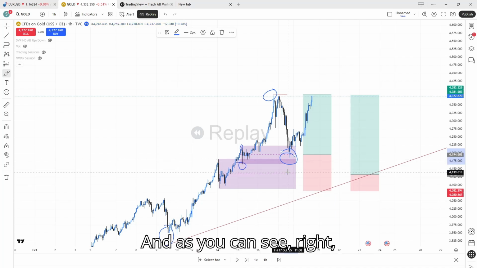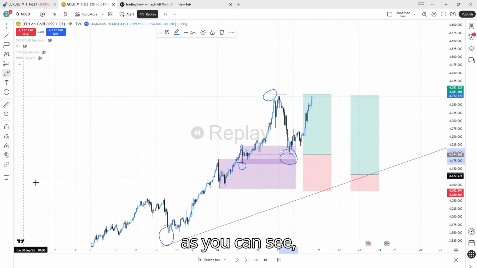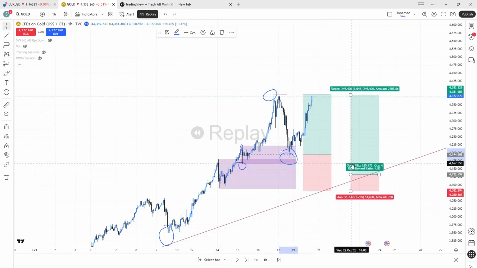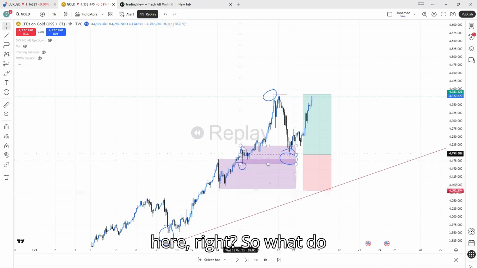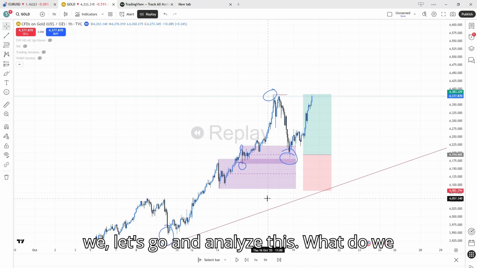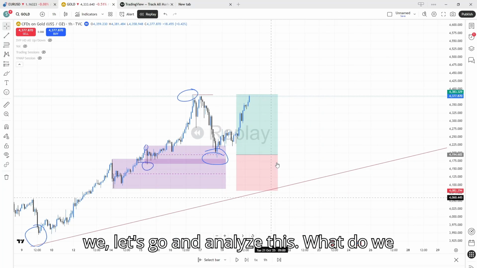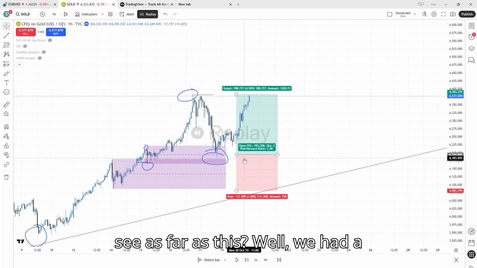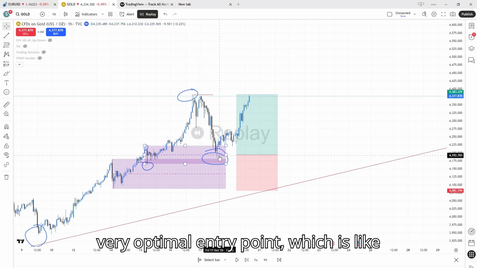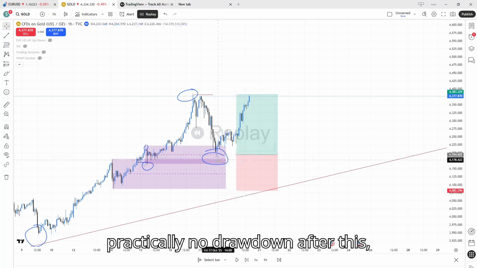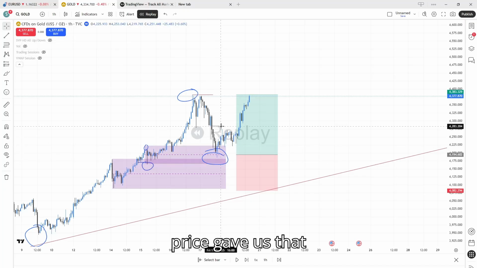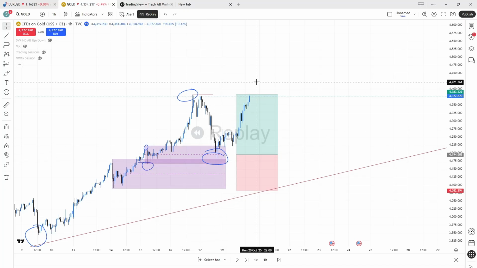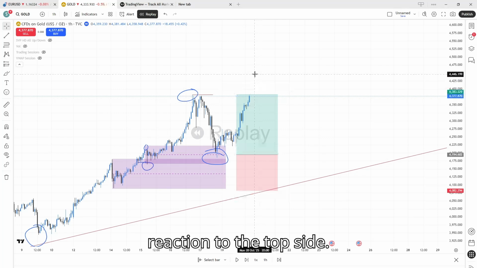And as you can see, right? As you can see, price did not go all the way down here, right? So let's go and analyze this. What do we see as far as this? Well, we had a very optimal entry point, which is right at the middle. There was practically no drawdown after this, right? And then price gave us that reaction to the top side,